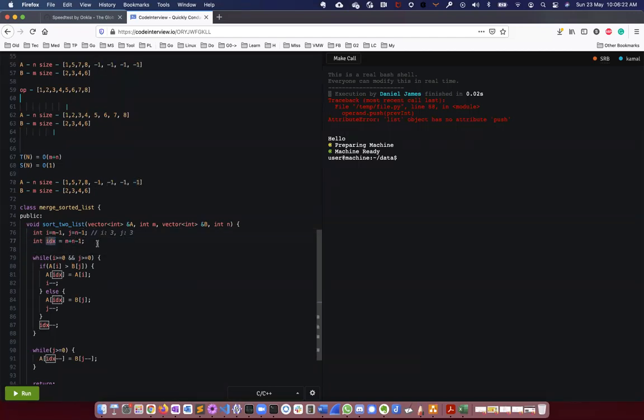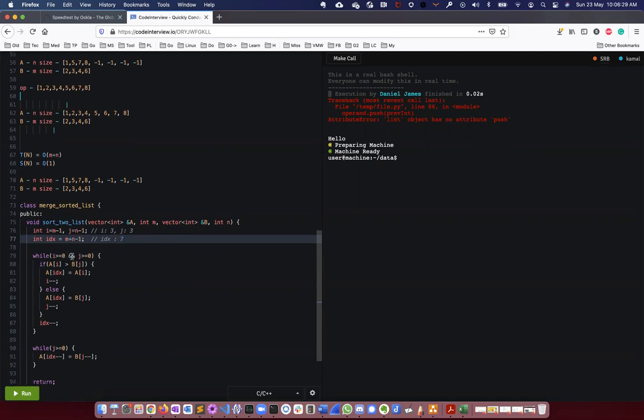So the index will be 7. Okay, so i is equal to 0, j is 3 here. In the first iteration, i is greater than a[j], so in A index, 8 will be added at the end of the array.